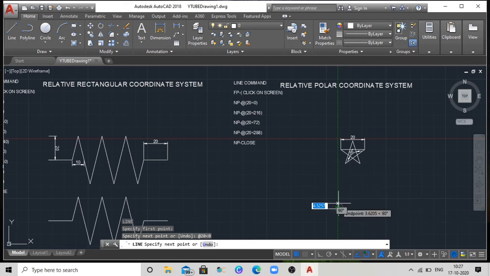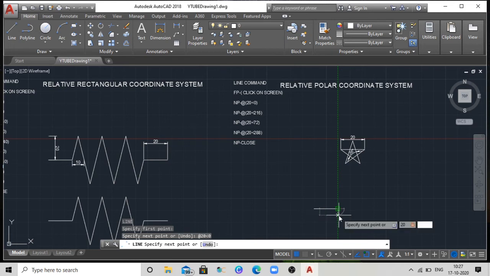In this polar coordinate system we will use the less than sign, because the distance and the length are measured with respect to the angle, with respect to the less than sign. So first point we will take as 20<0. Next point will be 20